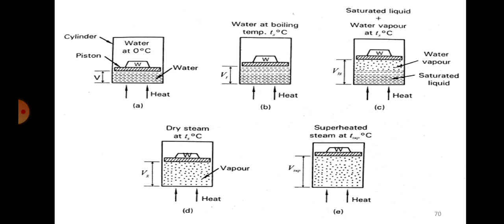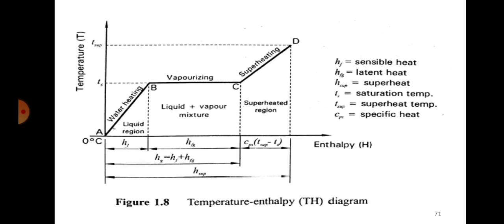And if you further heat the dry steam, it again possesses more energy. It's called superheated steam. Okay, so this is how the formation of steam works. So this is explained in this particular graph, the TH graph. So all of you have to draw this graph properly and explain all the points. What is A, what is B, what is C, what is D, what happens at every instant you have to explain. And also explain the different enthalpies.